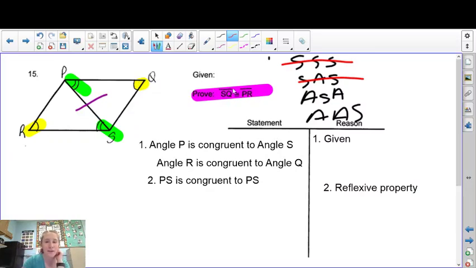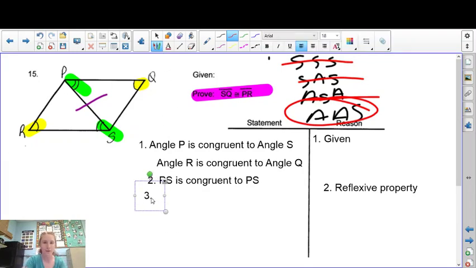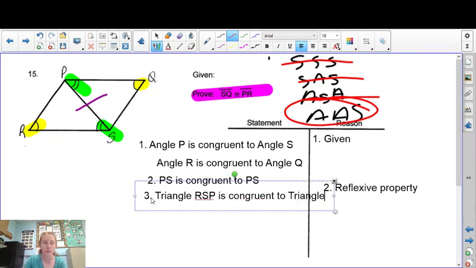And if you notice, if I wanted ASA, or angle, side, angle, my mark would have to be in between them, and it's not. So I've proved this triangle is congruent based on angle, angle, side. So I can say triangle RSP is congruent to triangle